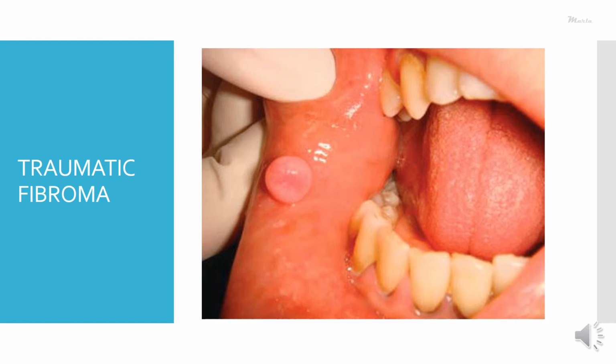Traumatic fibroma or irritational fibroma is another common example of a nodular lesion. These generally occur on the buccal mucosa along the line of occlusion or at the commissures. These are generally secondary to the chronic irritation or trauma from the occlusion and result in proliferation of fibrous tissue within the mucosa. So this proliferation results in an elevated, nodular appearance, and histopathologically we diagnose such lesions as focal fibrous hyperplasia. Clinically we diagnose it as traumatic fibroma or irritational fibroma.